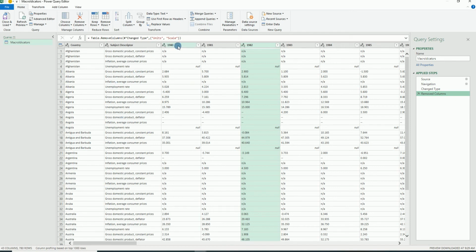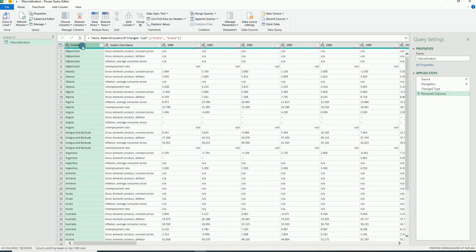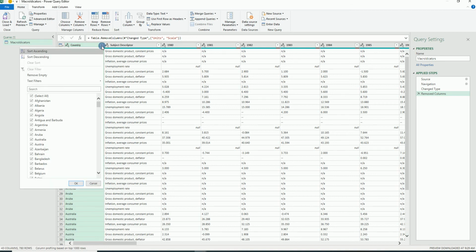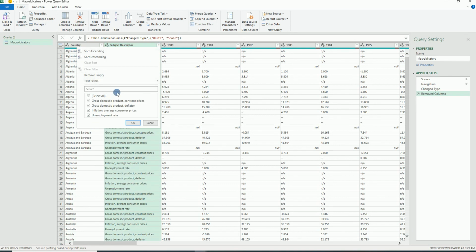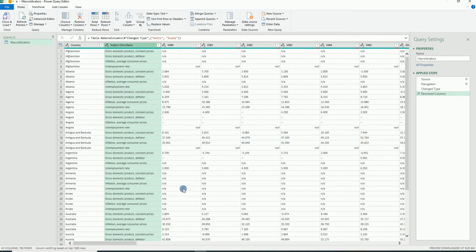Now what we want to do is what is called unpivot, because this has been pivoted, and we want to unpivot it. By the way, just for your information, to know how many countries are here, you can always click on this filter and take a look at all the countries. If we come here, you can take a look at the different indicators. You clearly see we have GDP, the GDP deflator, the consumer price index, and the unemployment rate. Now it's important to know how many